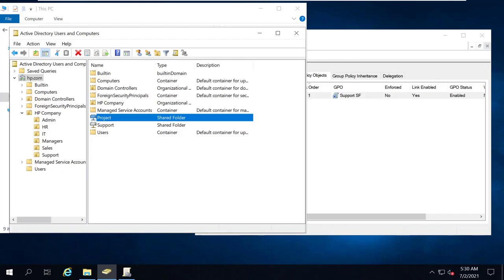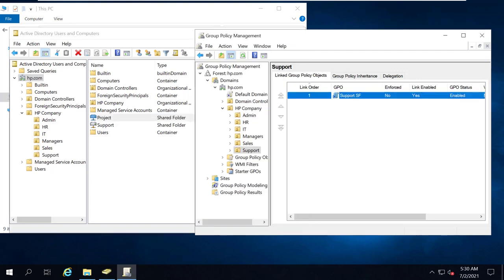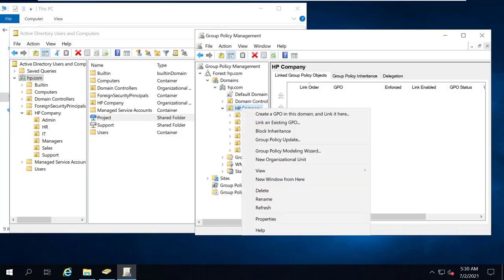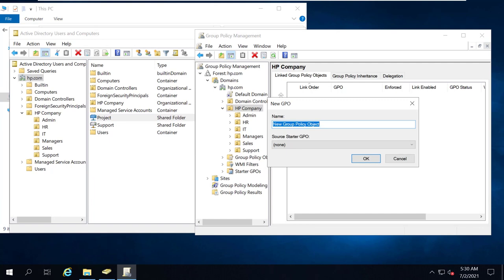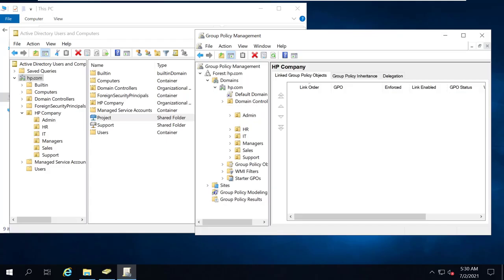So, the thing is, para mas mabilis yan is, nakita agad natin. So, we can create now here. Excuse me. Dito, i-share natin siya, not for department. Dito sa top, on top of all departments. So, I'm going to create group policy here on top. And this will be project folder, which is a common folder for all users.